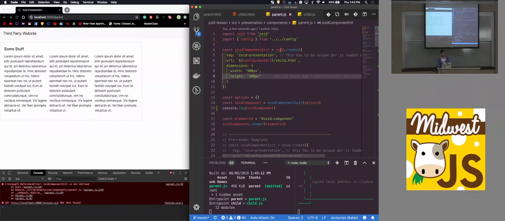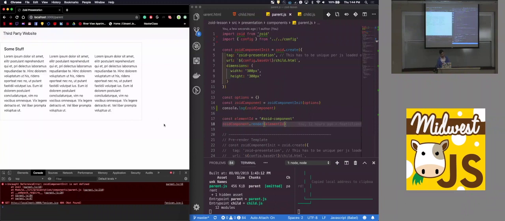So if we look at what's going on here, I did the same Zoid create, but I added a little dimensions field to say I want it to be a certain size iframe. And then I initialize the Zoid component with some options. Right now, the options are just an empty object. And then we'll look at what that component actually looks like when it's initialized. And additionally, I grab that element ID and I try and render into it. And so when we refresh the page here,